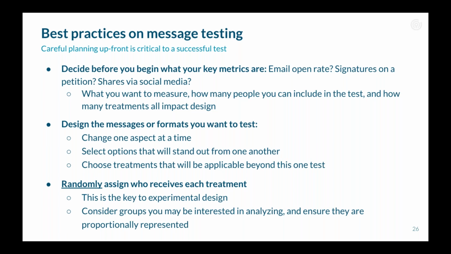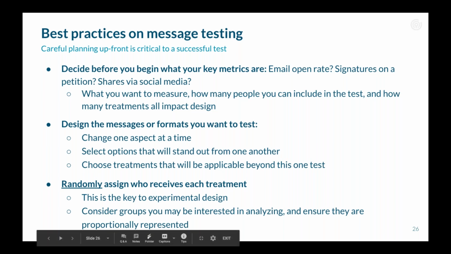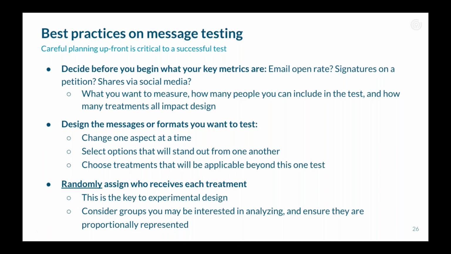If it's something that you can't measure easily, like awareness, you might want to pick an intermediate outcome that is measurable, like likes on social media or shares on social media, which are measurable and do lead to greater awareness. When you're deciding what you want to test, what messages or formats, think about the extensibility of what you're testing. Is the message something you'll use in multiple formats, or something you'll be using to inform a larger campaign? And how would you go through the steps of doing that?